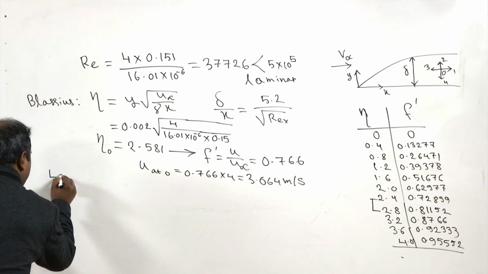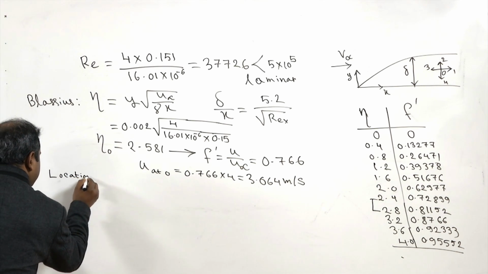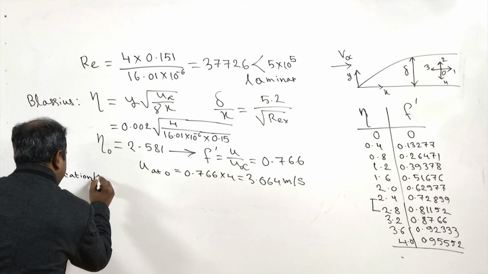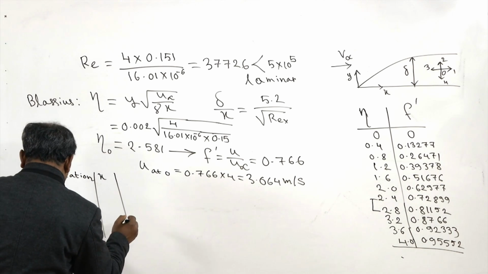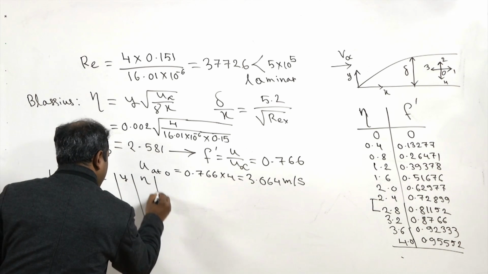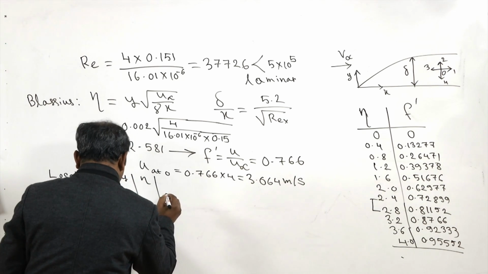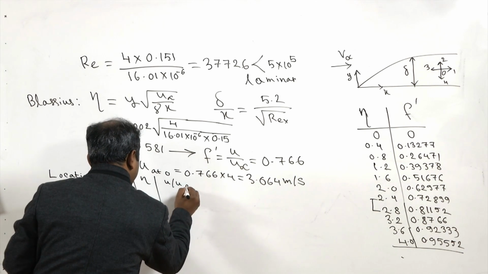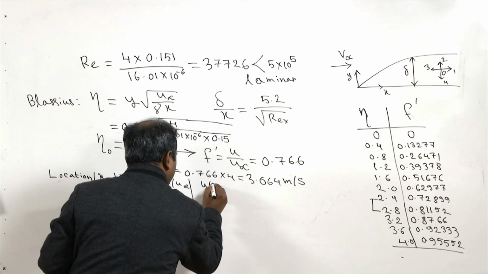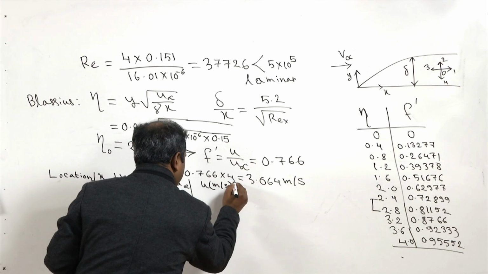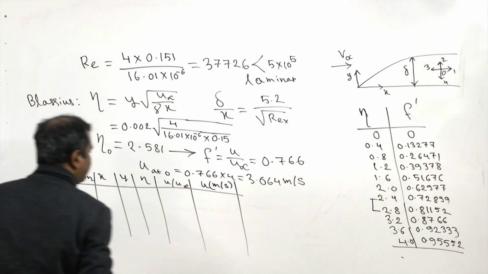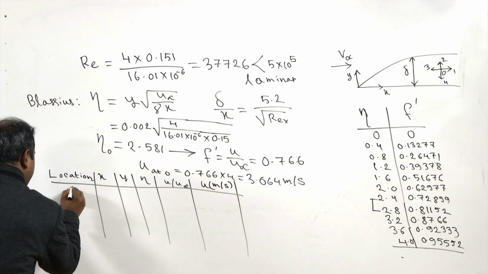So, this is the location in the first column, then we are having the corresponding x values, corresponding y values, okay. Then we are having eta values, okay. Then you are having corresponding u by u infinity values, and finally if you multiply by 4 it is becoming u for different locations. So, if you try to construct a table like this, for location 0 already we have